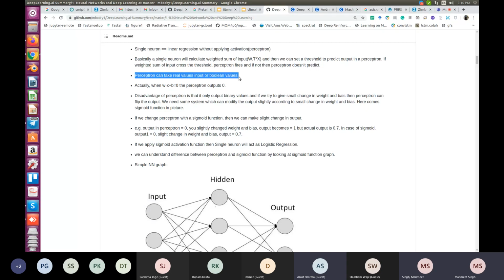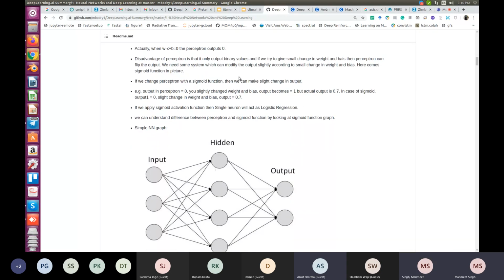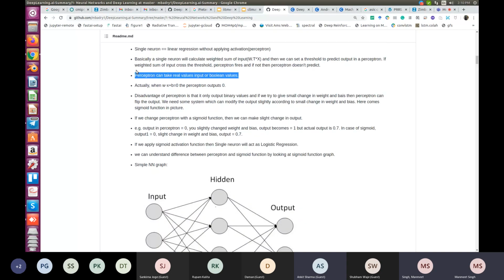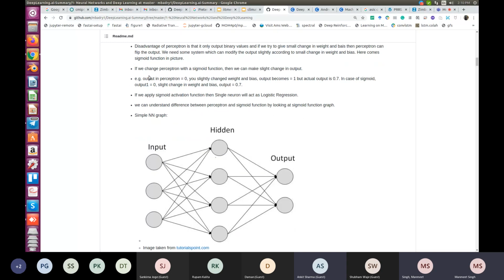By the way, what is used most popularly is in the terminology of multi-layer perceptron. You would have read the term MLP. When people say MLP, they typically talk about a three layer neural network with an input layer, a hidden layer, and an output layer. And all these circles,